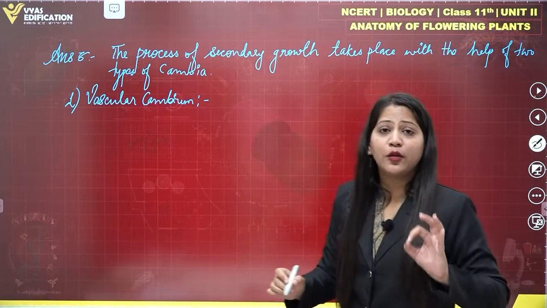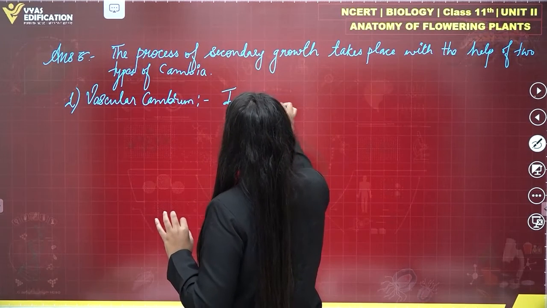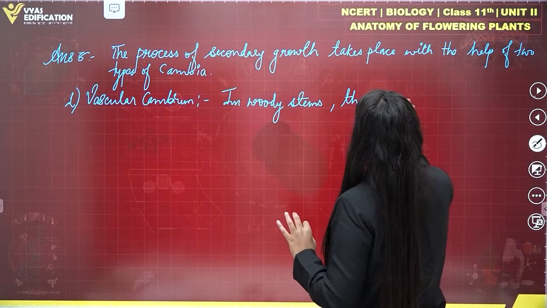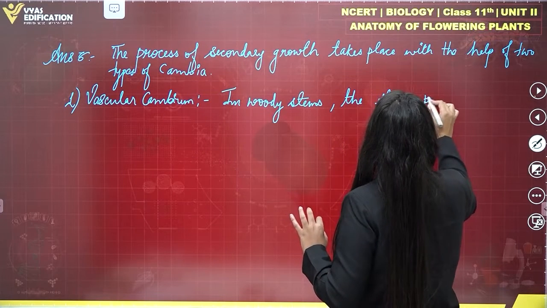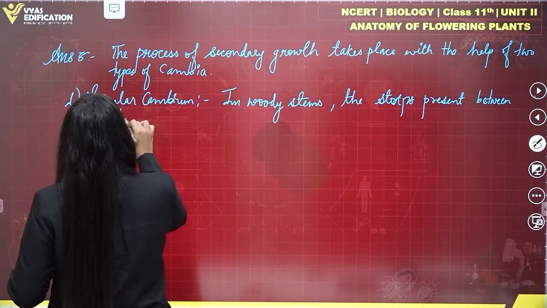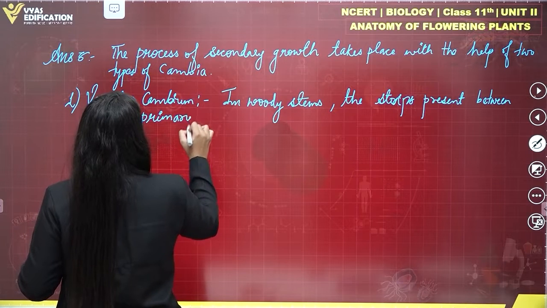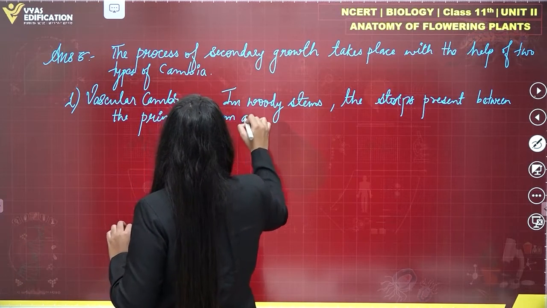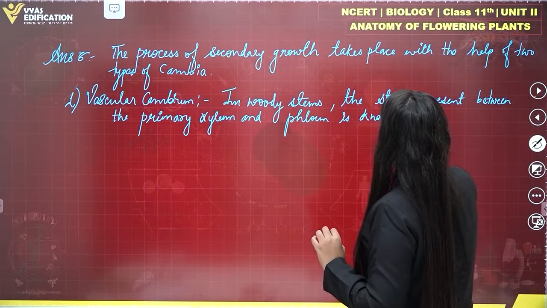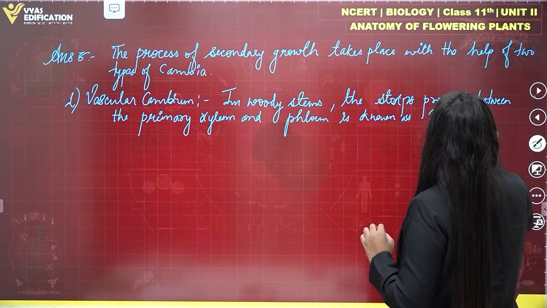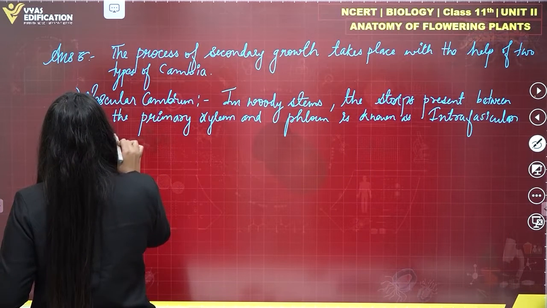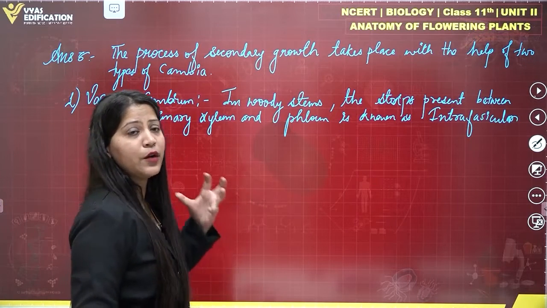Now, Vascular Cambium. In Vascular Cambium we'll write like this. In woody stems, what we see, the strips present between the primary xylem and phloem is known as intrafascicular ring or strip. Now, the cells of medullary rays,